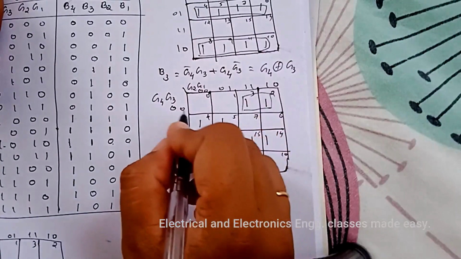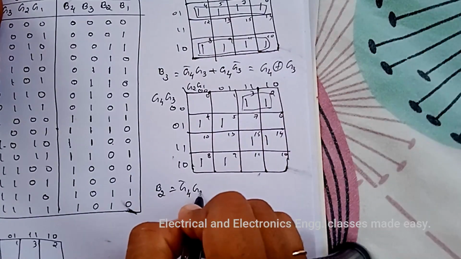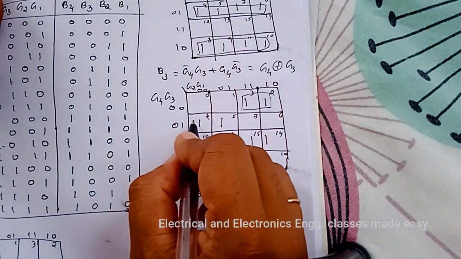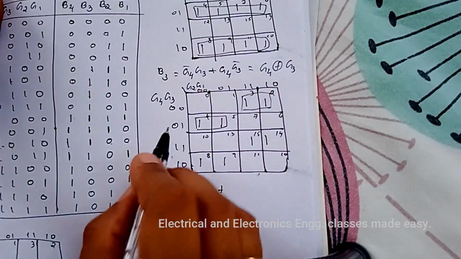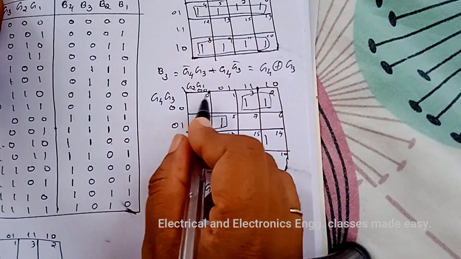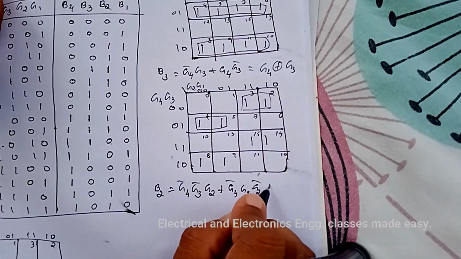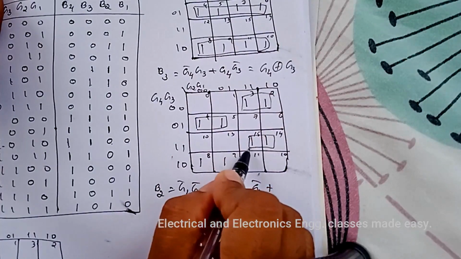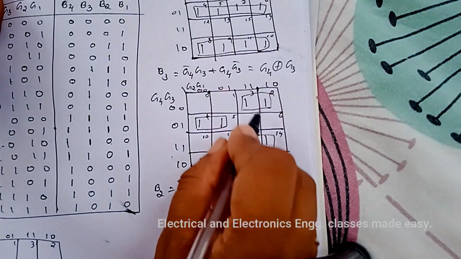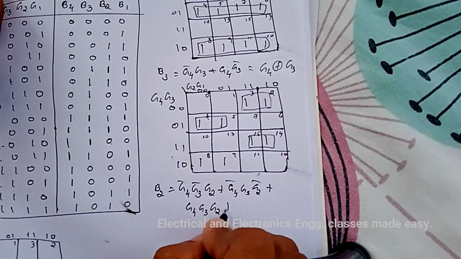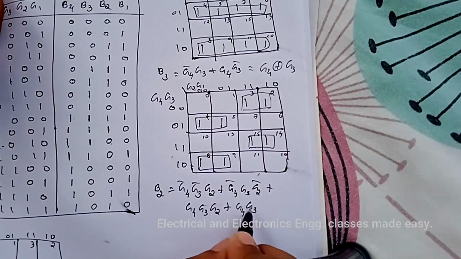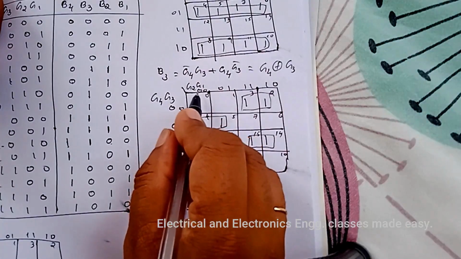B2 is equal to, here G4 bar, G3 bar, and here the constant is G2, plus while combining these two squares we got G4 bar G3, here G2 bar, plus while combining these two squares G4 G3, here G2, plus while combining these two squares G4 G3 bar, here G2 bar,